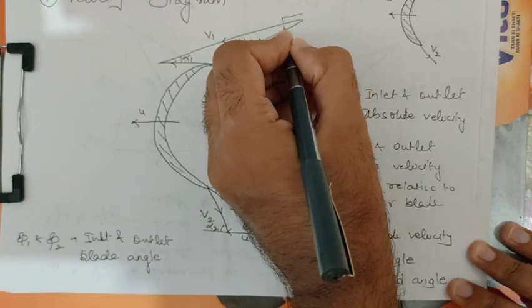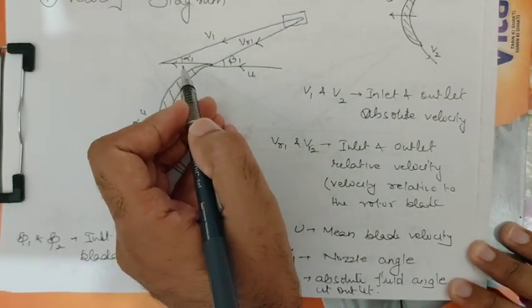Here is the nozzle. So alpha 1 is the nozzle angle,